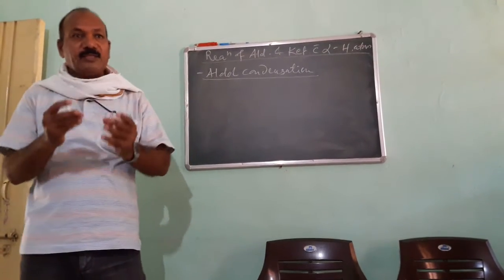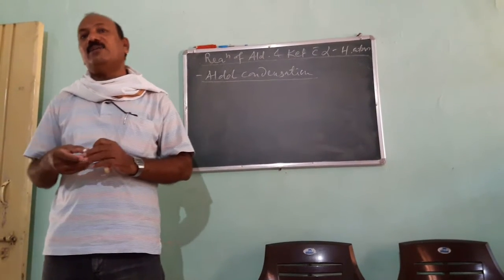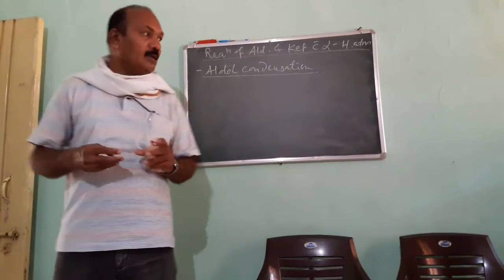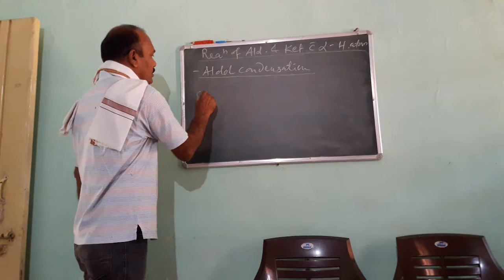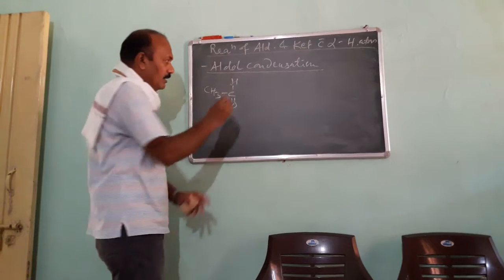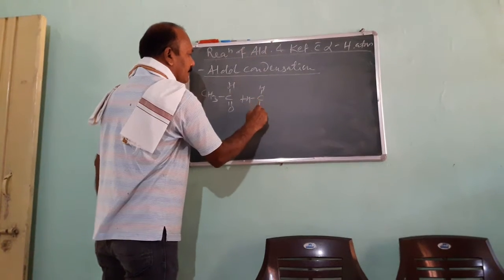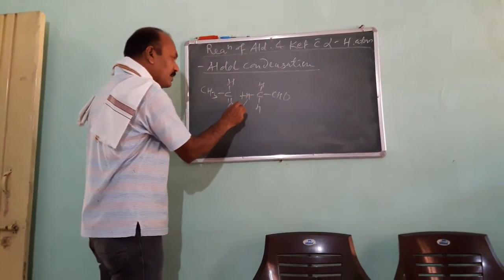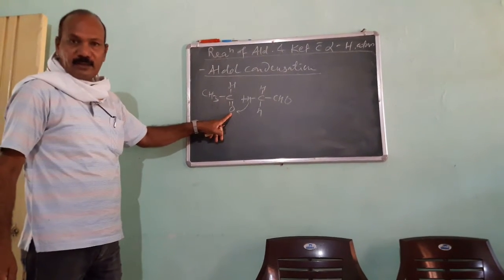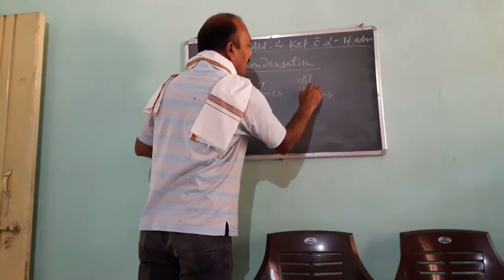Finally, the H2 molecule from the adjacent carbon atom is eliminated, and there is formation of the final product as crotonaldehyde or butenal. So let us see the reaction. So this is acetaldehyde or ethanal. So the second ethanal molecule I can write in this way. So this hydrogen atom of the second ethanal goes to the carbon containing the O group. The reaction takes place in presence of dilute alkali NaOH.